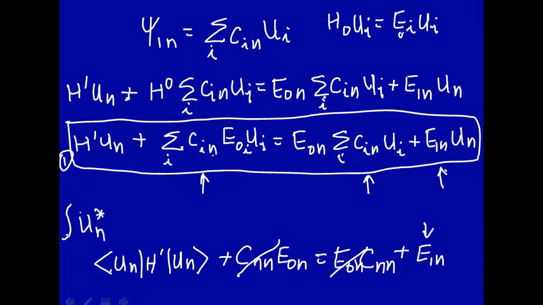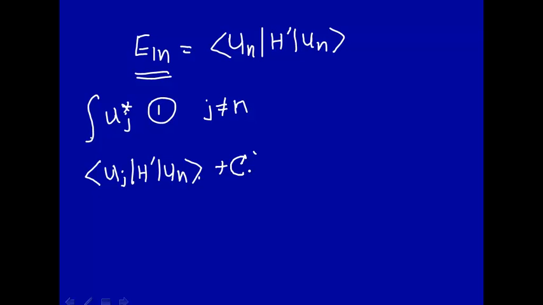But when i is not equal to j, then it'll be orthogonal, and that will be 0. So the only terms that will come out of here will be the ones where i equals j. Otherwise, this will make everything equal to 0. So the only term that comes out of there is C, where i is equal to j. So that's C_j^n